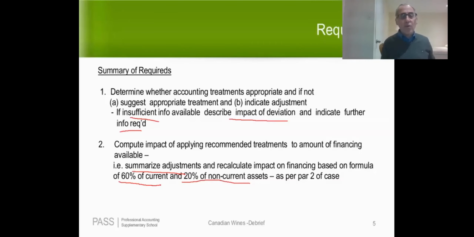And guys, I'll tell you what's going through my mind when I read required number 2. What goes through my mind is that there's a very high probability that one of the sub-issues, at least, will involve reclassification between current and non-current. Because otherwise, why would they bother to give you a different percentage for current versus non-current? So I don't know this for sure, but there's a good chance that there'll be at least one issue where classification between current versus non-current is at issue.